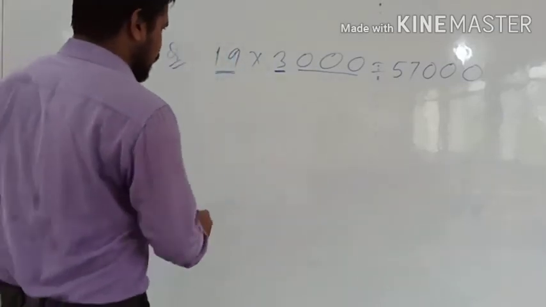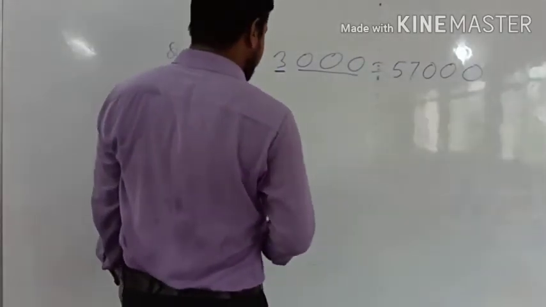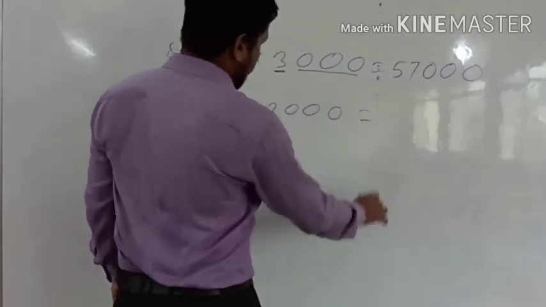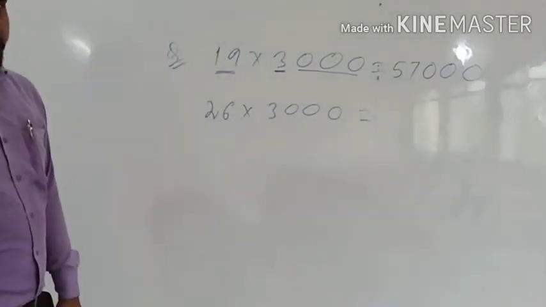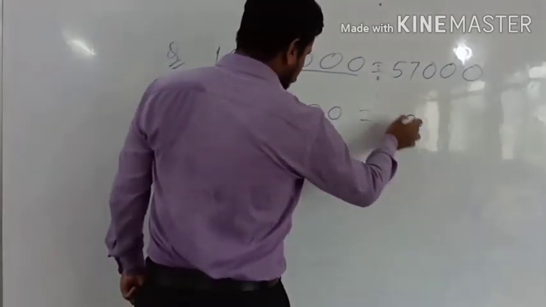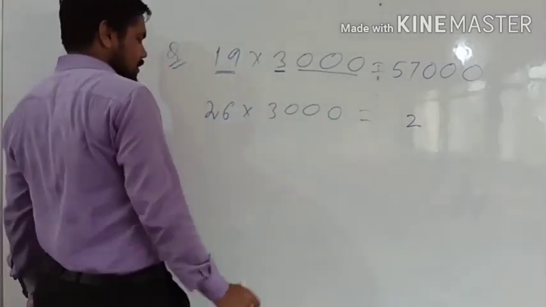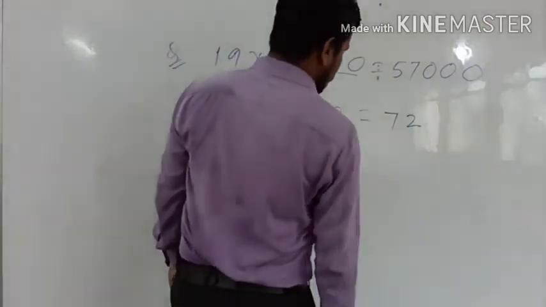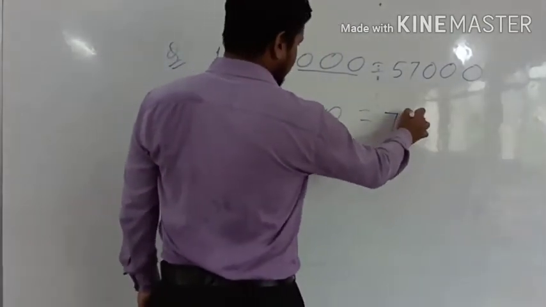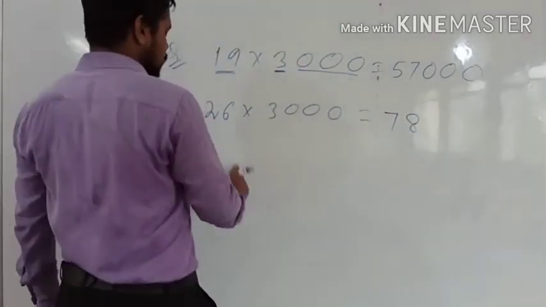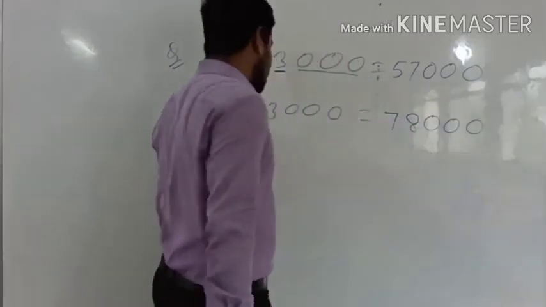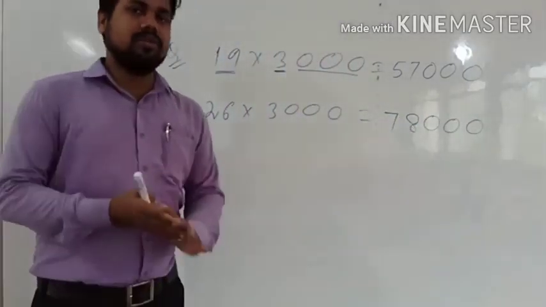Suppose I am taking another example. Another one, suppose 26 multiply 3000. So suppose you don't know the table of 26, then how can you do? So just multiply this and this. So 3 6 are 12. So 2 1 carry 3 2 are 6 7. So 70. No, 3 6 are 18, right? 3 6 are 18. 8 1 carry. 1 carry. So 3 2 are 6 plus 1 7. So 78,000. 1 2 3. So this is how directly you can do this type of multiplication.